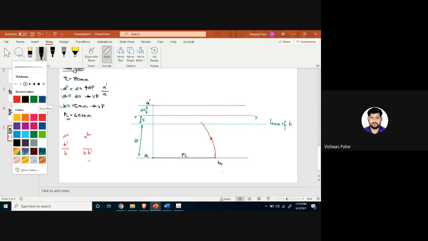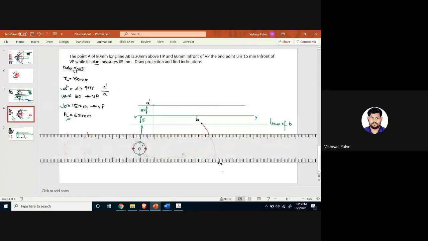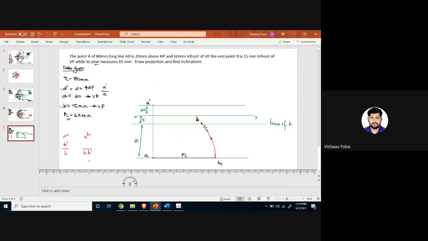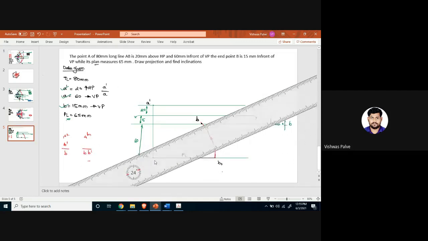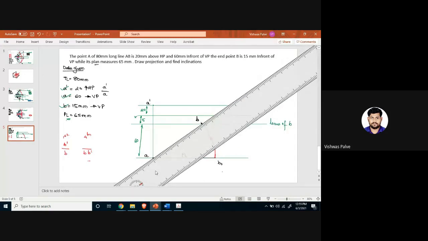If I rotate the plan length, you will get the point. What is the point called? B. If I rotate point B1, wherever it intersects the locus of B, that point will give you the point B, right? B1 को rotate करो, कहाँ तक rotate करना है? Up to locus of B. So our locus of B in this problem is lying above the A point, so that's why we have to rotate it till that locus of B. After getting those 2 points, just connect them.